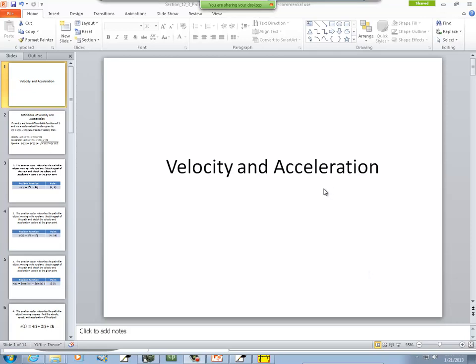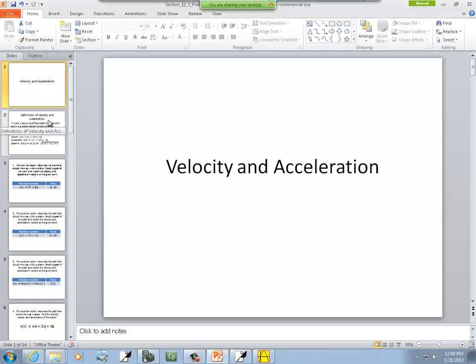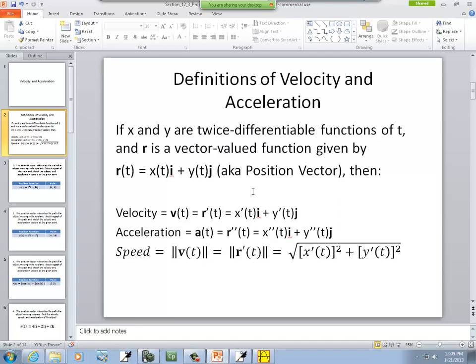Let's take a look at velocity and acceleration. This definition we have here is in 2 dimensions, but it still applies to 3 dimensions. You just add on your third component function. This says if x and y are twice differentiable functions of t, and r is a vector-valued function, given